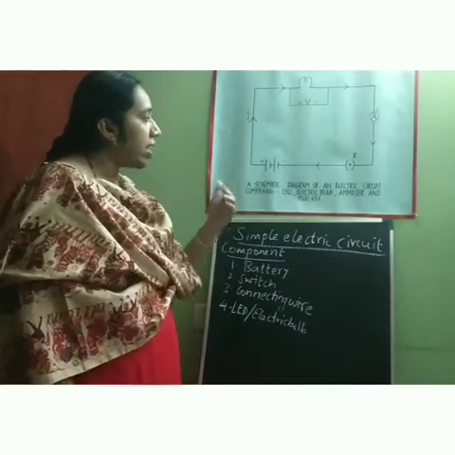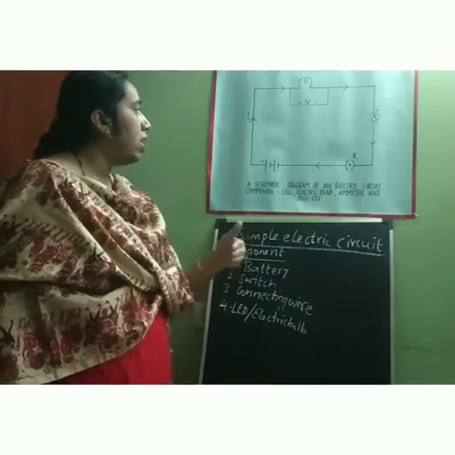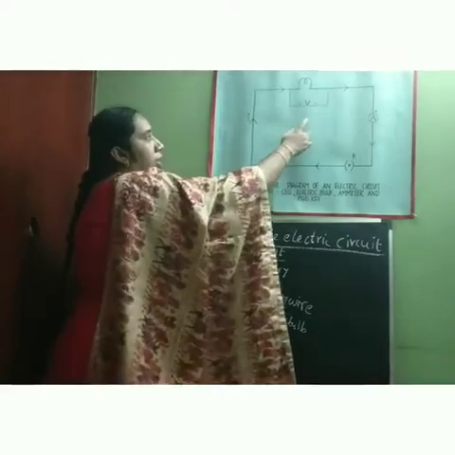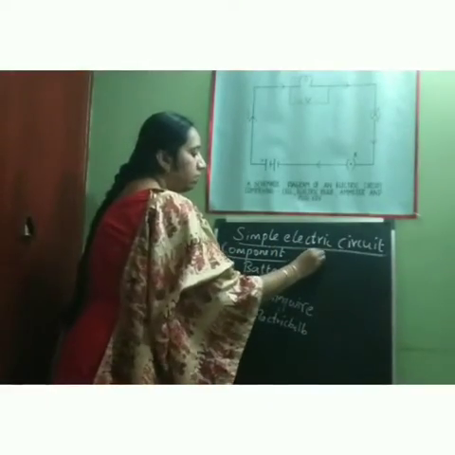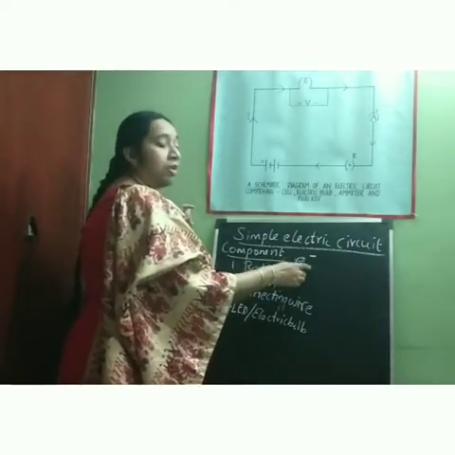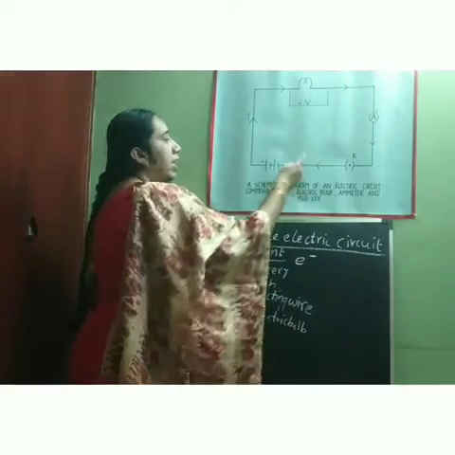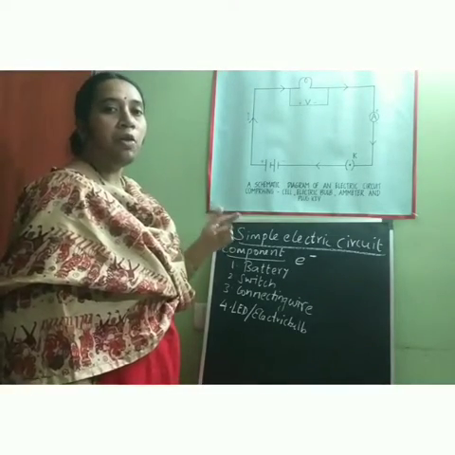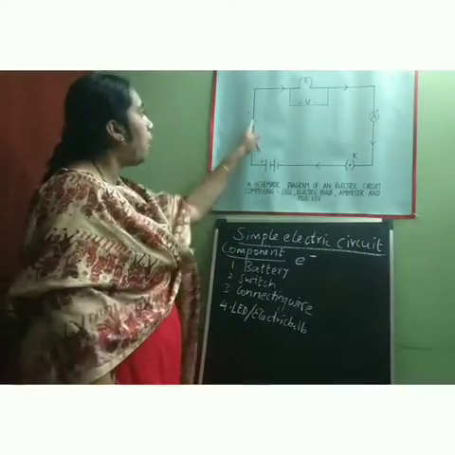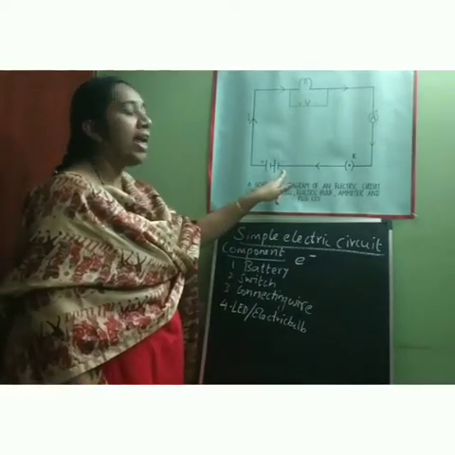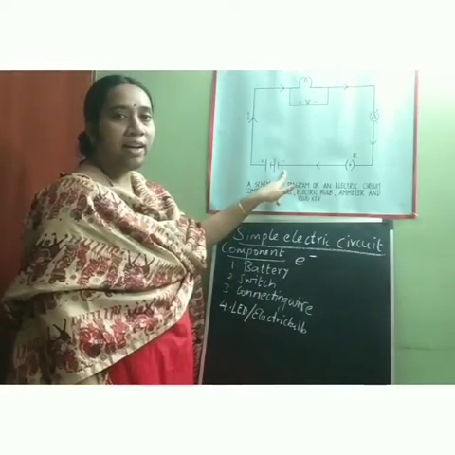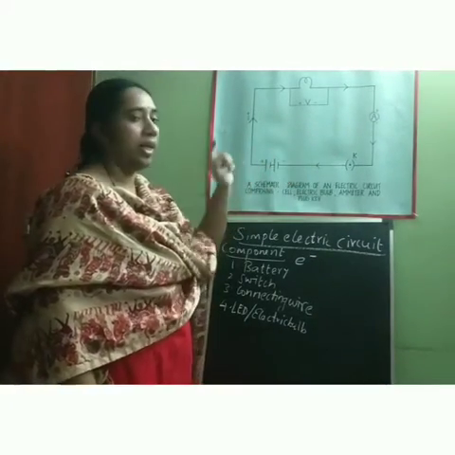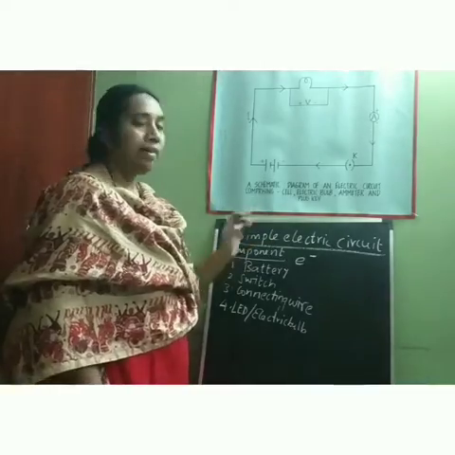Now next you should come to a conclusion. How will be the direction of the current flow? Since electrons are negatively charged, the flow of electrons will be from negative to positive. But conventionally in an electric circuit, the flow of electric current is considered to be from positive to negative. So inside any electric circuit, the flow of electric current is always taken conventionally, that is from positive to negative. So this is all about the electric current.